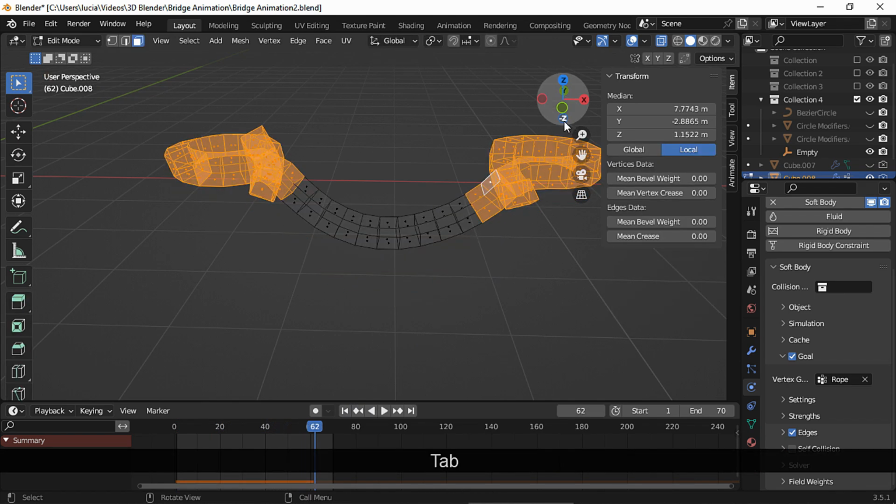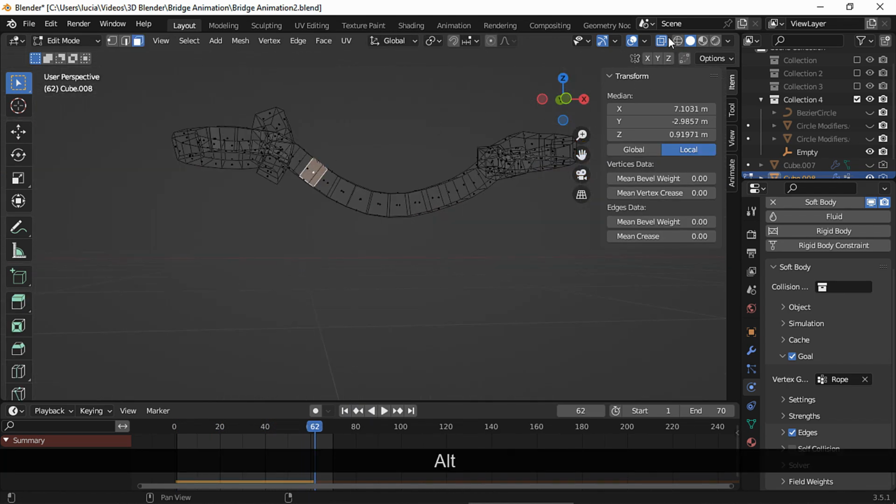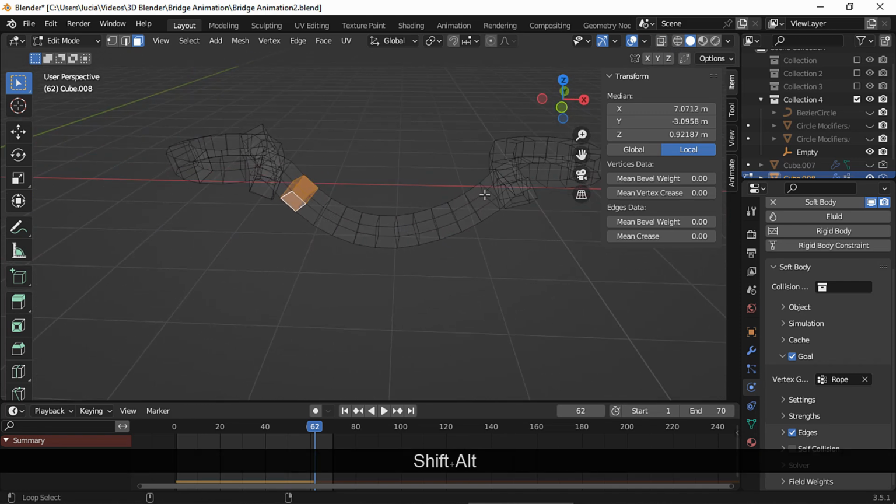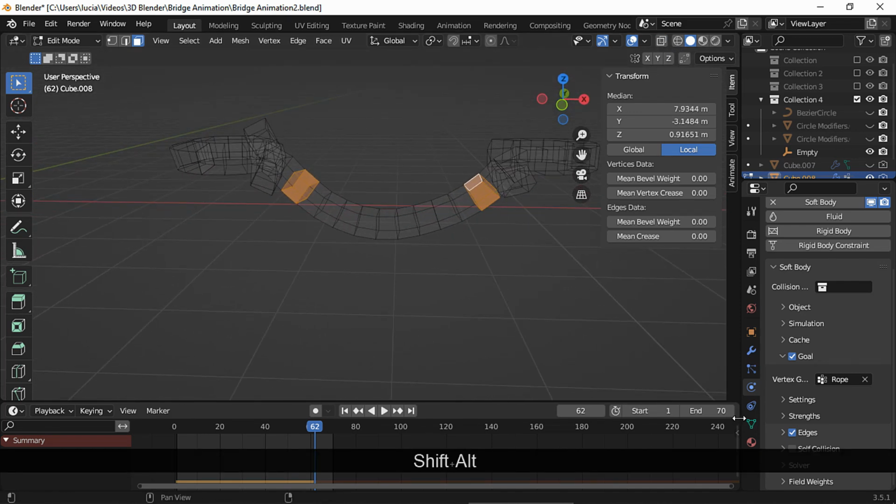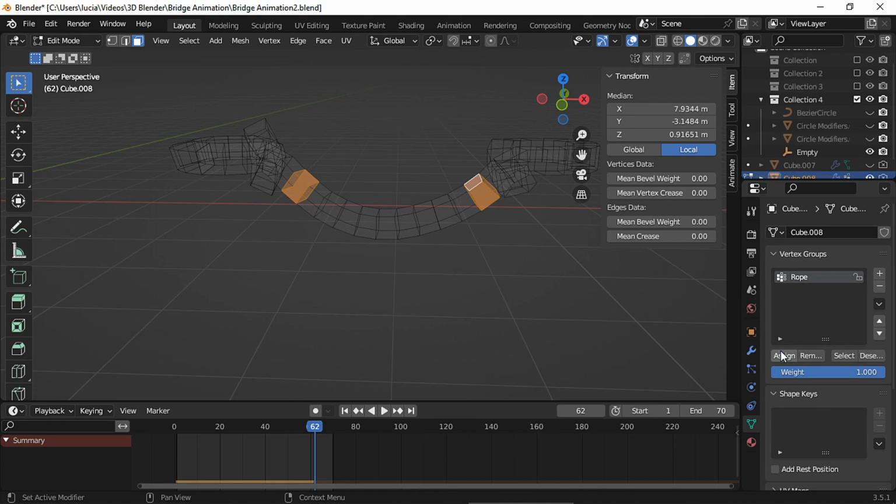Here I selected more faces, trying to avoid that weird movement on the right side, and I went back to edit mode a few times.